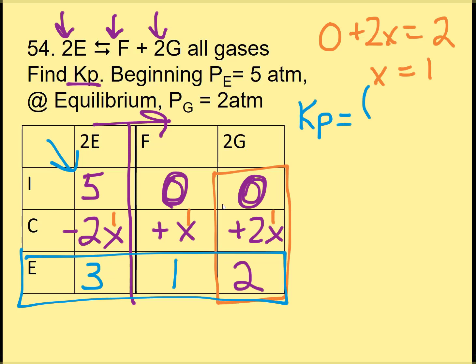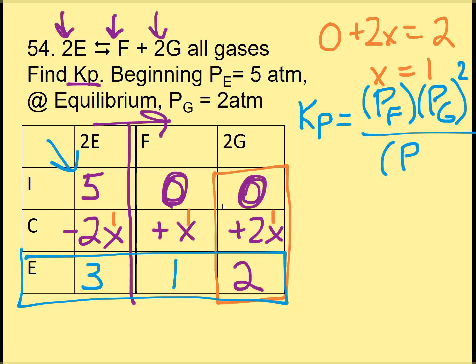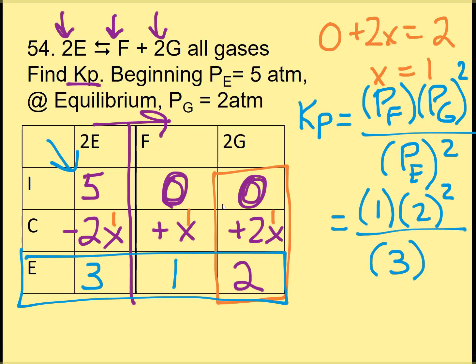So P for parentheses. I'm going to have products over reactants. Whoops, let me do the P. Pf times the Pg squared divided by the Pe, which is also squared. So we'll go ahead and plug in our values. F is 1, G is 2, and E is 3. So I end up with 4 divided by 9,